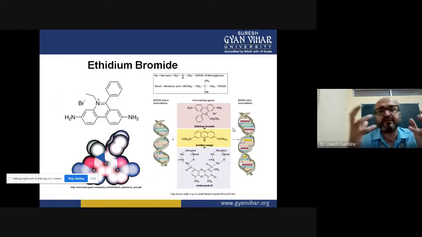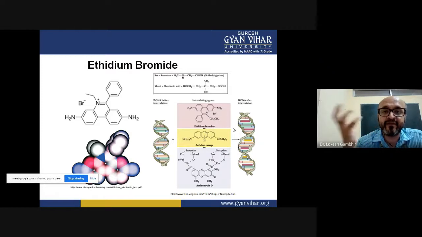Now fluorescence is not a new thing. It's the shift in wavelength while the electron is coming back from the excited state to the ground state. That increase in wavelength, the emission wavelength being higher than the absorbing wavelength, falls in the region of VIBGYOR, the visible range, which appears in the form of light, and that phenomenon is called fluorescence. So we are using those dyes, those fluorochromes, that can attach to the DNA molecule.